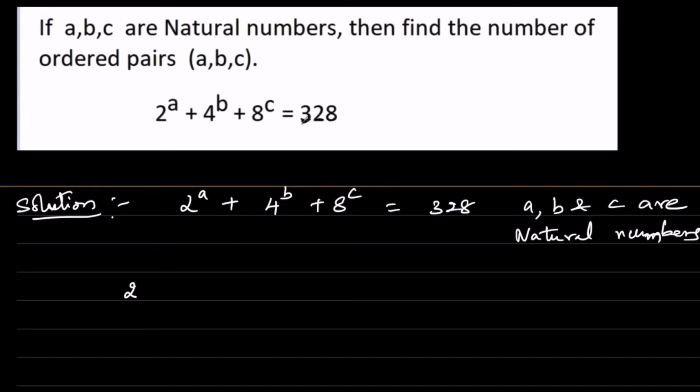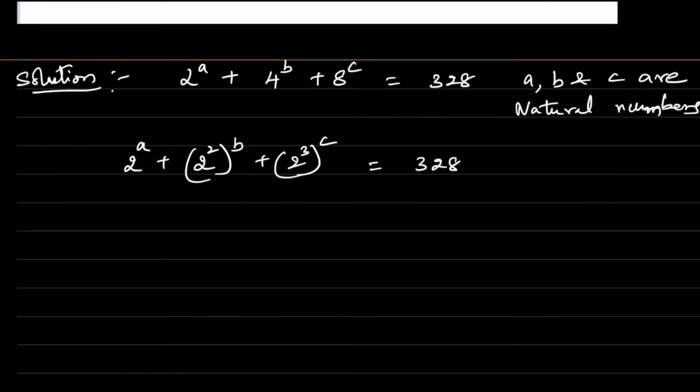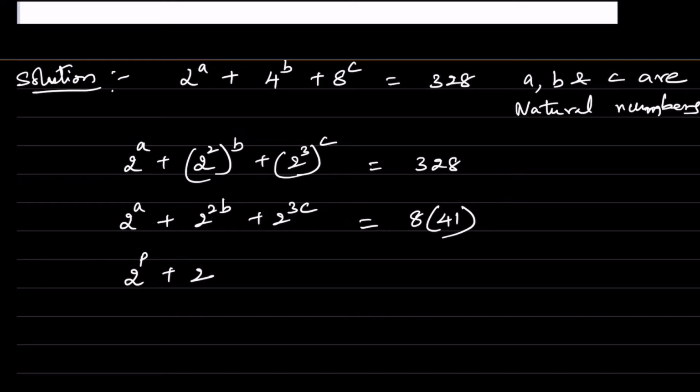See this. Here you're having 2 to the power of A plus 2 to the power of 2 whole to the power of B plus 2 to the power of 3 whole to the power of C is equal to 328. So this is equal to 2 to the power of A plus 2 to the power of 2B plus 2 to the power of 3C, and 328 can be written as 8 into 41. Now we are going to write this as 2 to the power of P plus 2 to the power of Q plus 2 to the power of R is equal to 8 into 41,